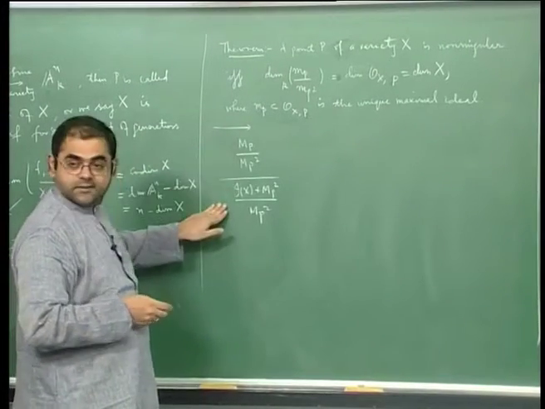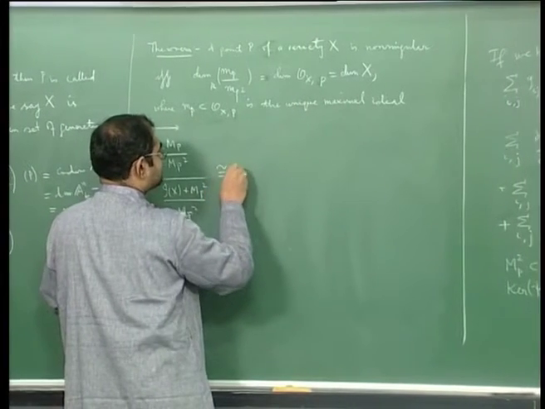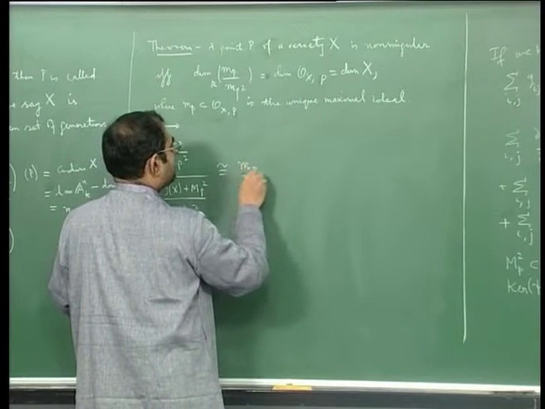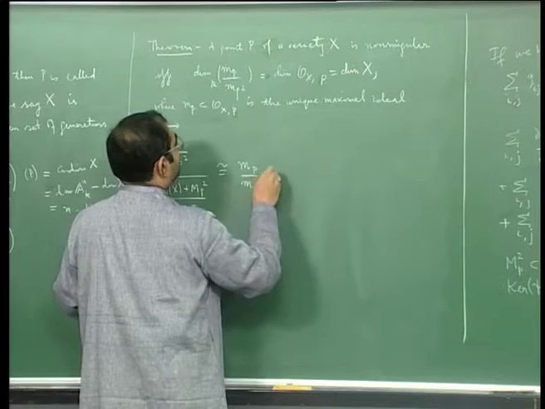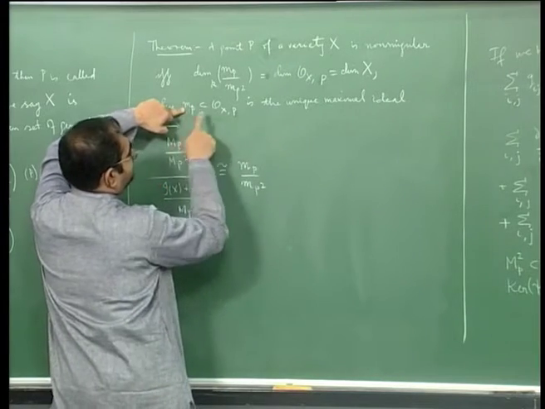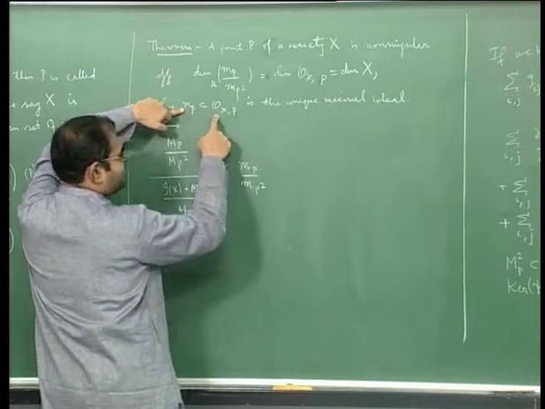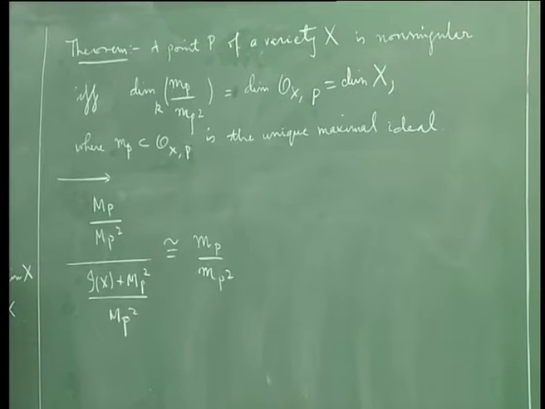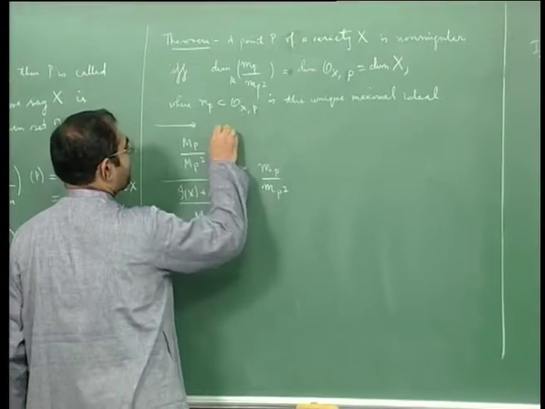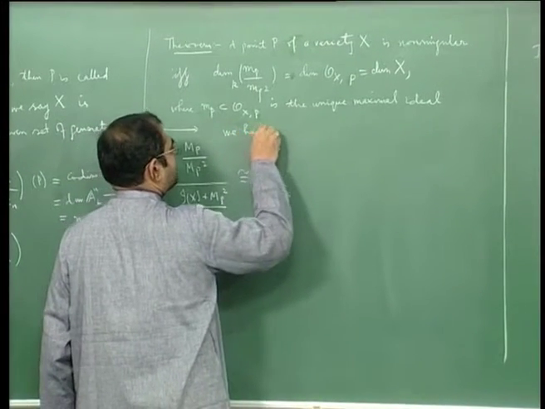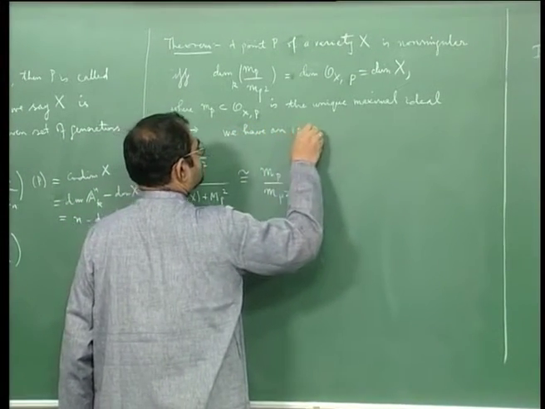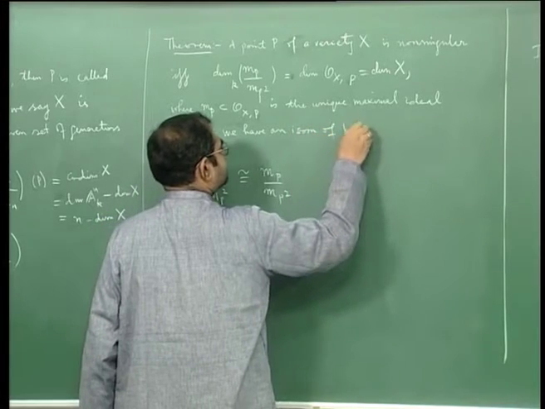If I take the quotient, my claim is that this is the same as mp mod mp squared, where this mp is the unique maximal ideal in the local ring of X at P. Alright, so you see we have an isomorphism of k vector spaces